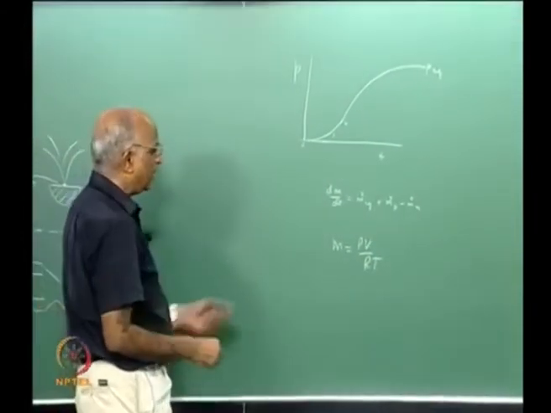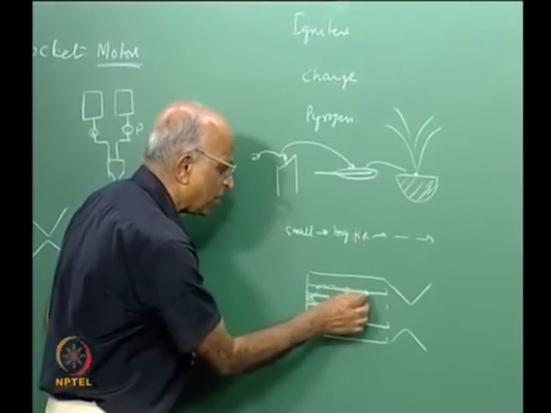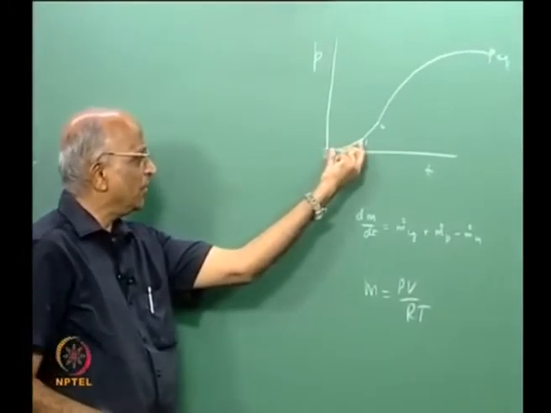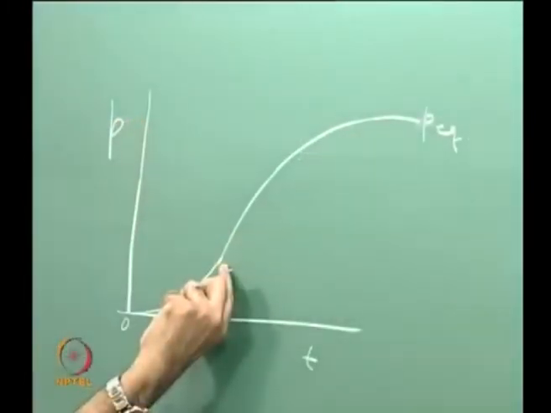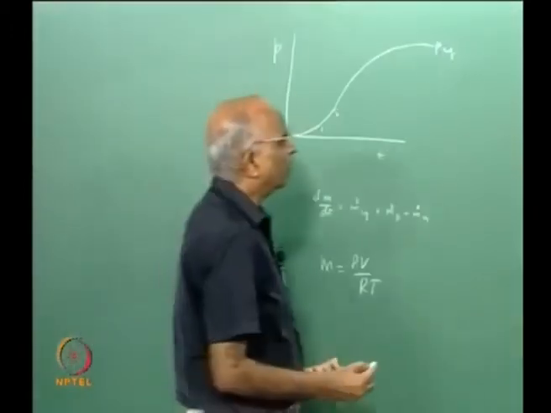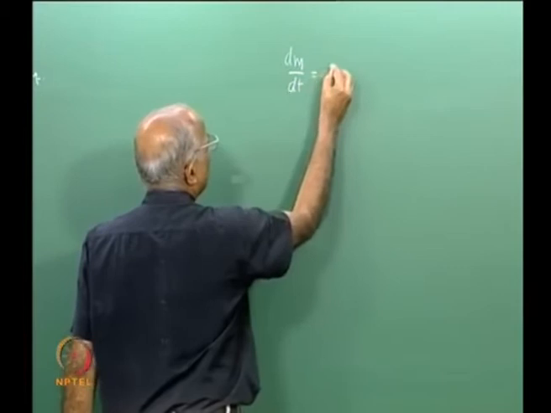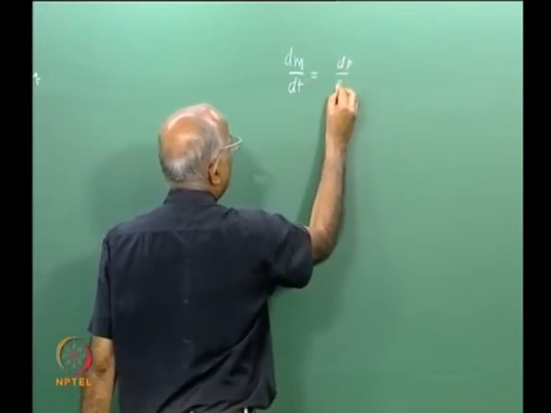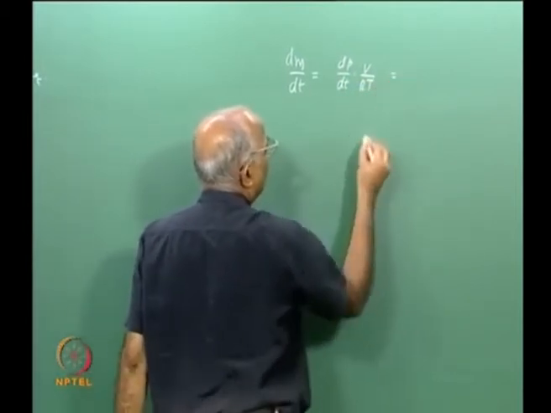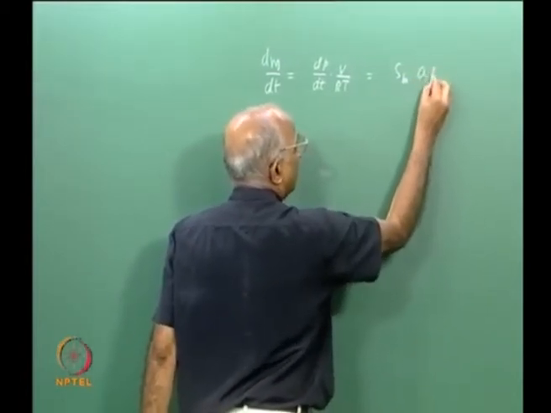and we took the simple case wherein dm by dt corresponds to the condition when the entire surface of the propellant has just got ignited, that is point 2, local ignition of a small surface followed by the entire surface getting ignited, and we were able to get the equation to this curve. And what was the equation? I write dm by dt, and you see how simple it is. M is equal to PV by RT, that is dP by dt, into volume which is constant, V by RT, is equal to, what is happening now, the entire surface is burning, Sb into r, which is equal to a P to the power n,